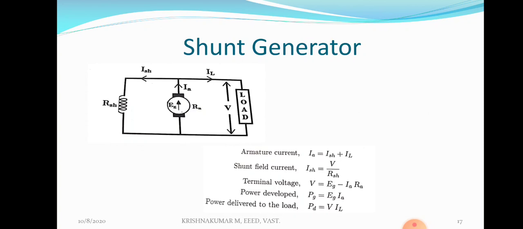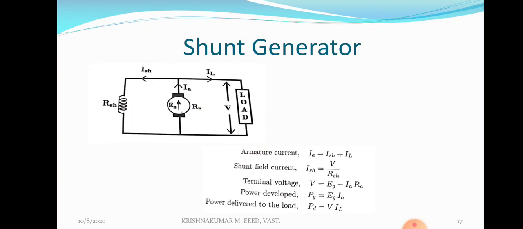There is a major process. Voltage build up in a DC shunt generator is an important topic. Before giving the load across the shunt generator, first of all we have to build up the voltage in the armature of the generator. For that purpose, I am repeating, the shunt field winding can produce a field current because it has the property of residual magnetism. The shunt field winding can produce a flux.